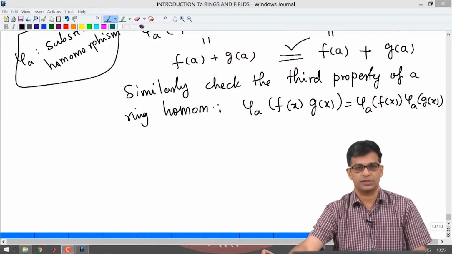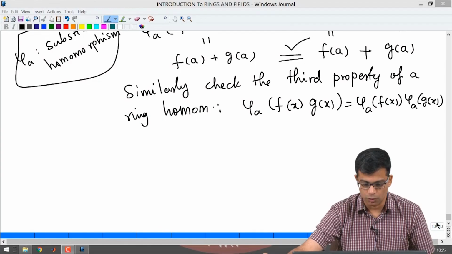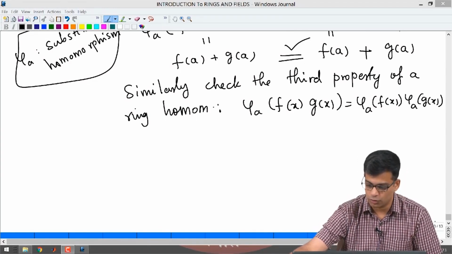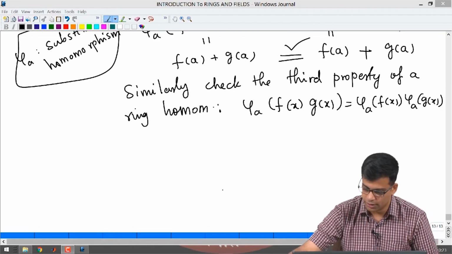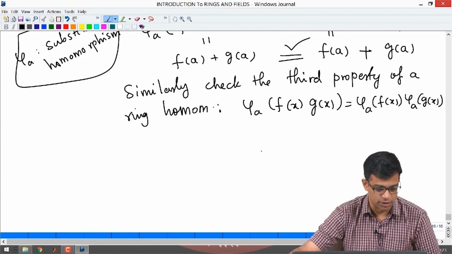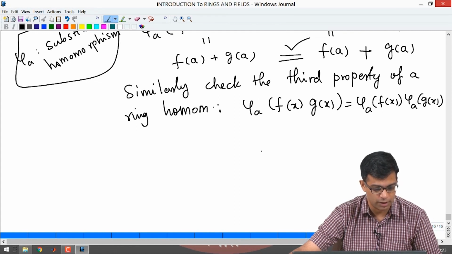So, let us continue our study of ring homomorphisms. We have defined and looked at some important examples of ring homomorphisms. Now I am going to start talking about things associated to a ring homomorphism. So, let us start. What we will do now is talk about something called the kernel of a ring